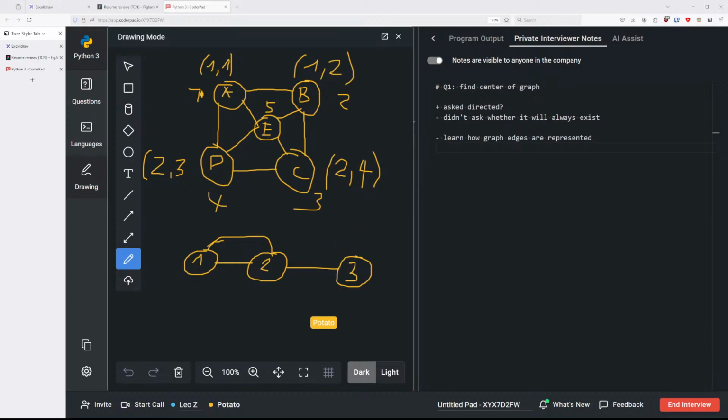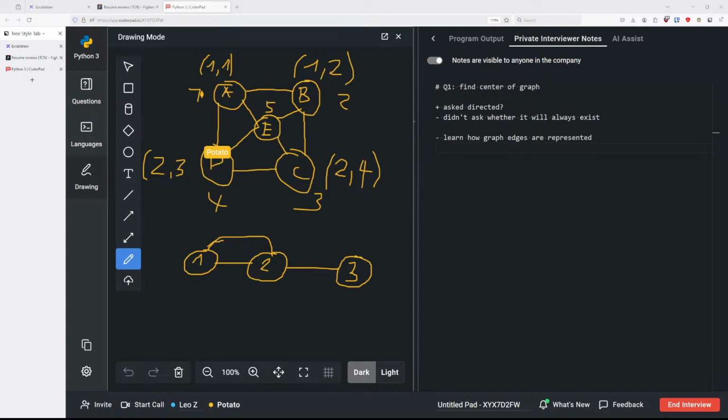So maybe we can go to the center node. I think we can do DFS traversal on a graph that has a cycle, right? If we look at the first example,